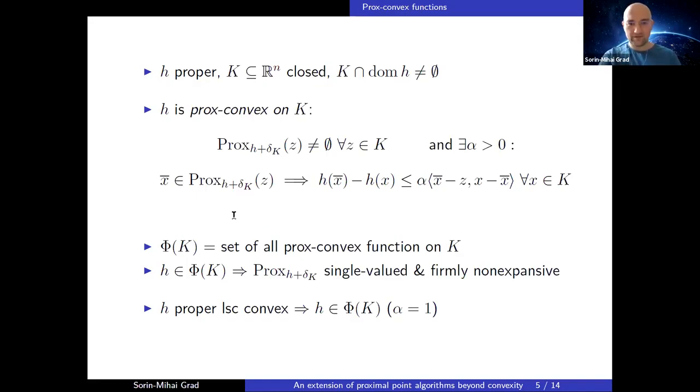If we compare this inequality with the one we have, you see here that this is, let's say, more flexible. In the definition, we still assume that the prox operator is set valued, of course. I mean, for non-convex, as far as you know, they are set valued. But these two things together imply that the proximity operator becomes single valued and moreover firmly non-expansive, which are two very good properties for proximal point operators.